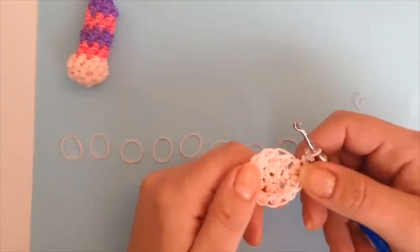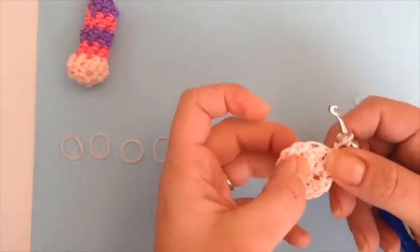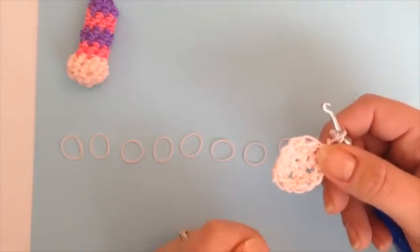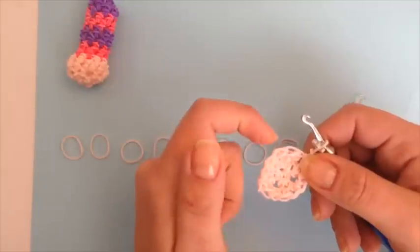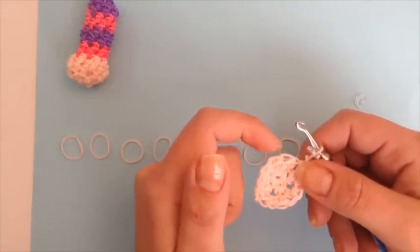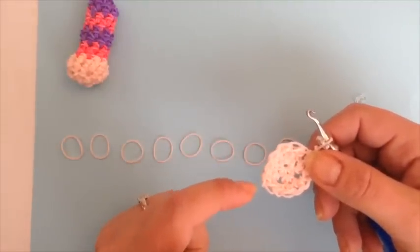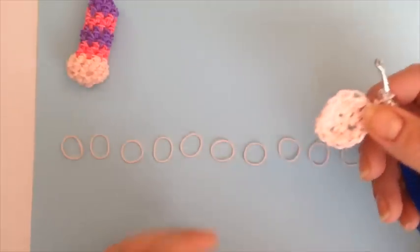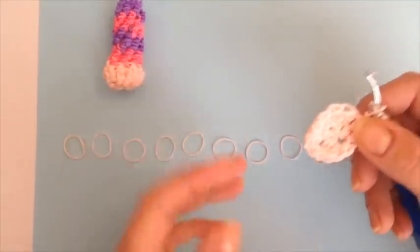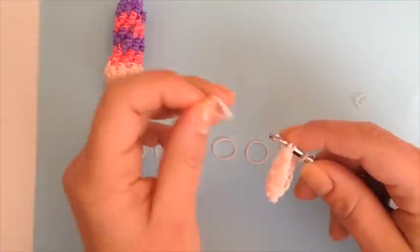Round 4 of the arm, what we're going to do is, still using your skin color, we are going to decrease every second and third stitch. So our first stitch is going to have 1 band, and then we're going to stitch 2 and 3 together. 1 band, stitch 2 and 3 together. At the end of this round, you're going to have 10 stitches, so right now we're going to use 10 bands. Going in your first stitch and using 1 band,